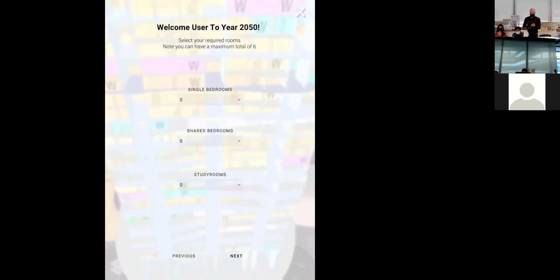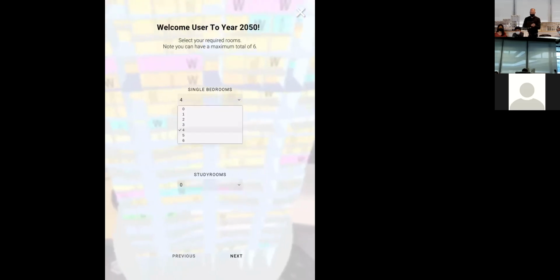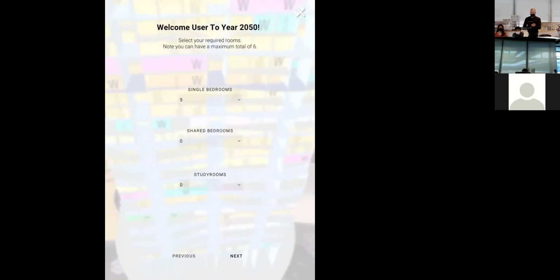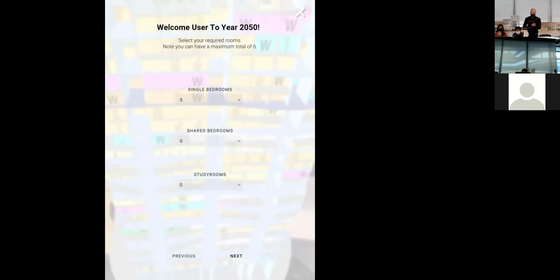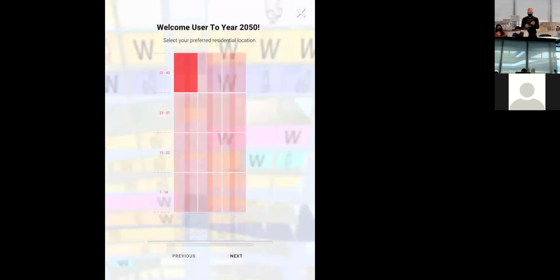So do I want it affordable? Yes, of course. And how many single bedrooms? Well, I want a bedroom. Well, maybe let's have a guest bedroom. So I want an affordable unit, but yet I want as much as possible. And then let me have a study room as well. So maybe that's a bit too much to ask for. And then I can decide where I want to occupy the building. So of course, again, I want to have something great. I want to live very high up, have a good view.